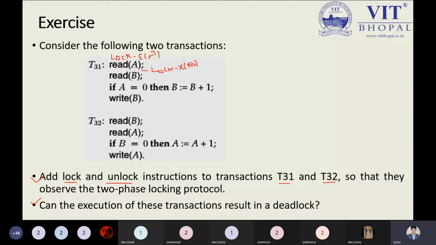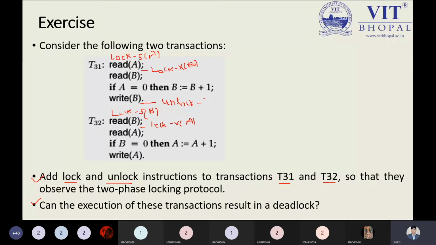So this is happening over here. Now after this point we can unlock. After the write operation we can unlock. Same thing here. We have to use the lock B, but definitely it would be shared because there is no write operation. Super answer. Same is happening with the lock exclusive A. After this point we can apply the unlock. In the unlock, no need to define shared or exclusive, so we can write only the unlock.